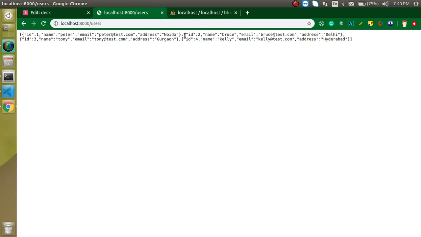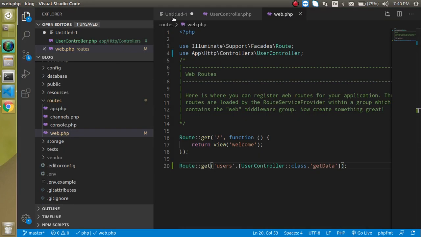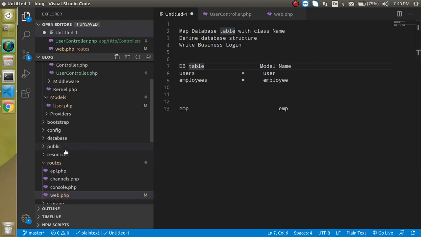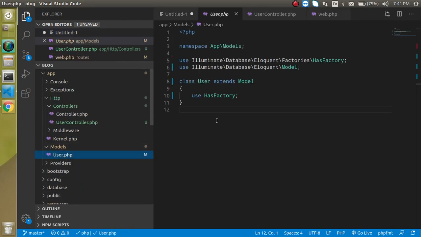Now we have a question: if our database table and model name are not matching, as we just discussed about the singular and plural way, then what can we do? You can just go to the model, jump on that and put your table name. Simply write here public property $table, and your table name.